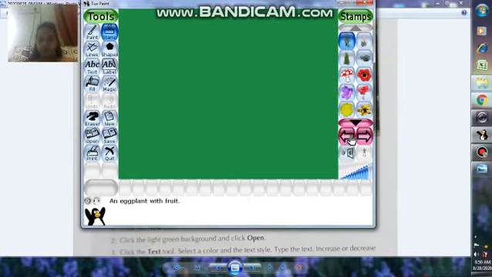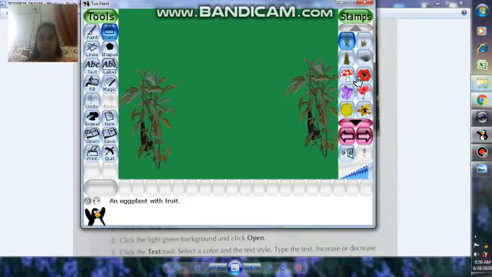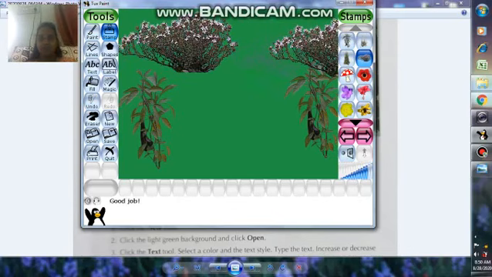So we are going to search for the trees. Here are the trees given here. Yes, select some trees and click on another tree. You can select any one of your choice. No need to use the same trees that I am going to use. You can select any trees.